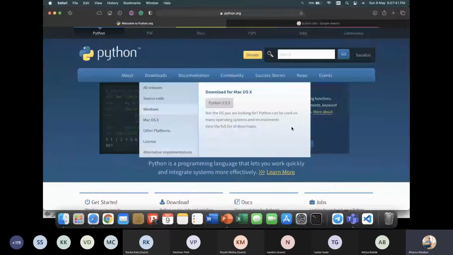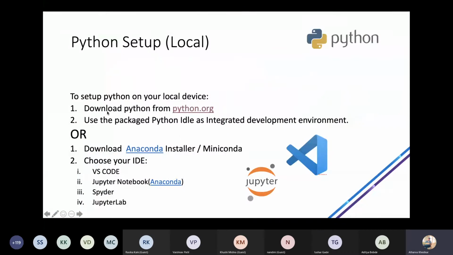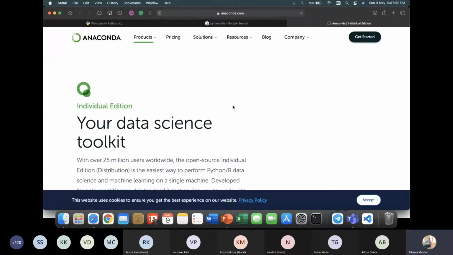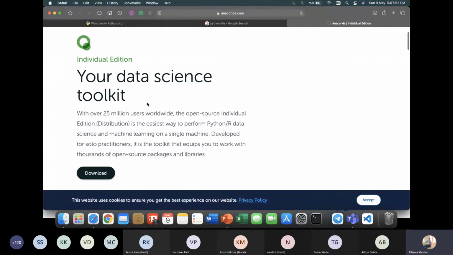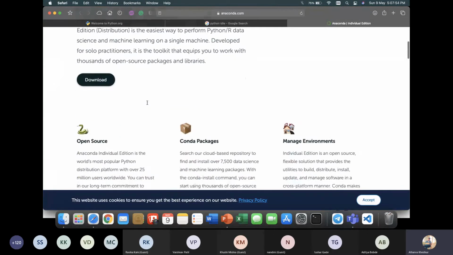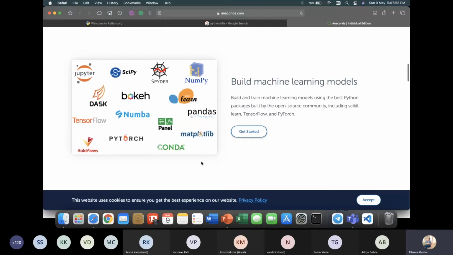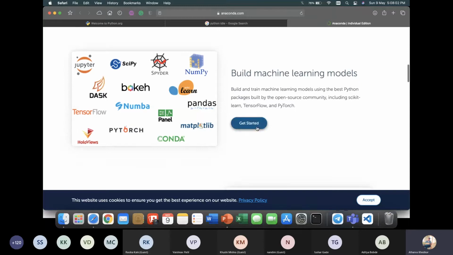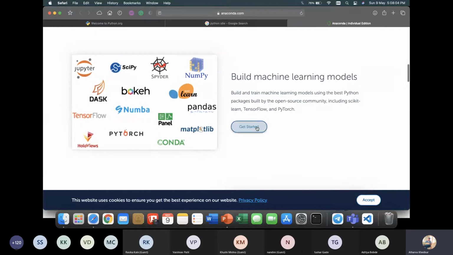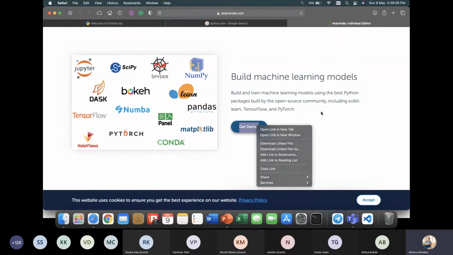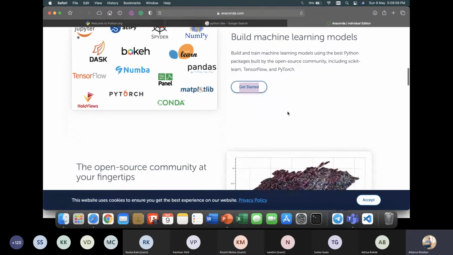So you have another choice, and that is to download using the Anaconda installer. Anaconda installer is just a data science toolkit for you guys. It contains all the libraries pre-installed that are used for machine learning, and they come with a very good GUI, which is very helpful for us to use.